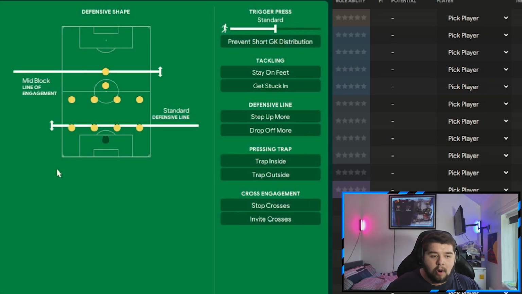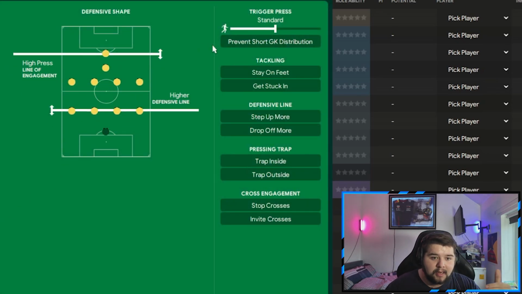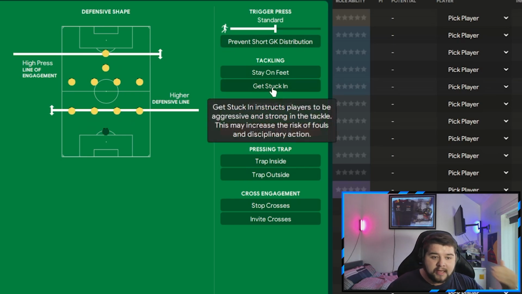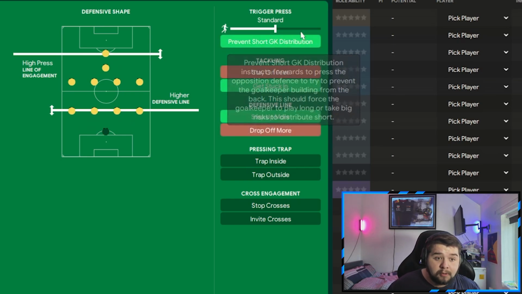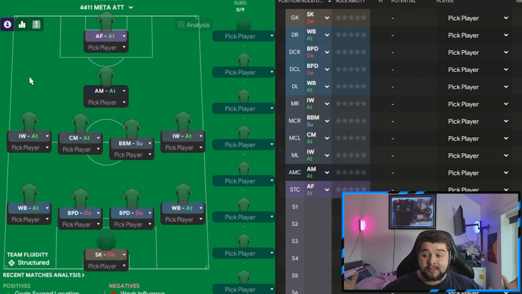And lastly, out of possession, we are going to deploy the higher defensive line with the high pressing line of engagement. We're going to step up more, get stuck in, prevent short goalkeeper distribution, and the trigger press set to much more often. Over to the attack and tactic, and yes, we have somehow managed to make it even more